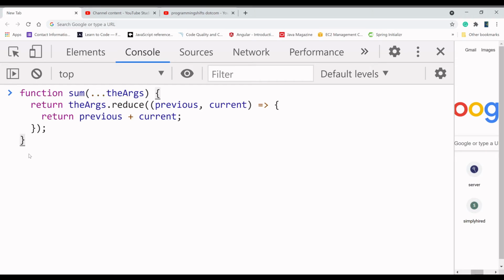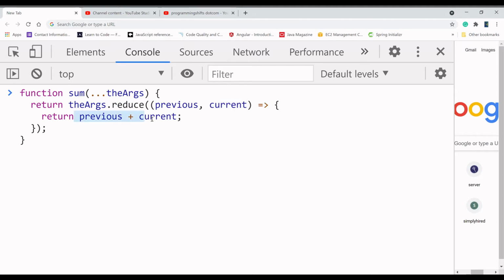Here, see, sum is the function, and it takes the rest operator, which contains a list of elements as an array, and it reduces previous and current values with an arrow function.